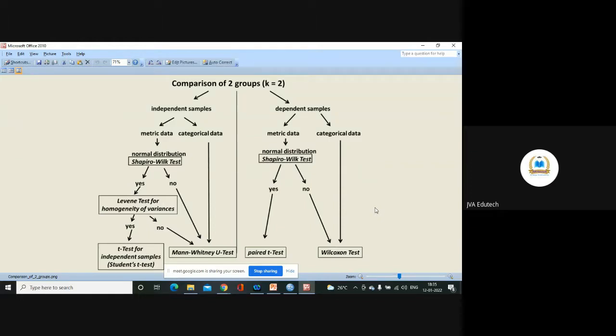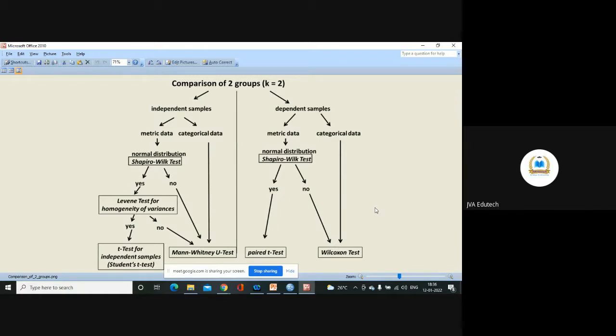Here two samples means your independent variable is coming from two groups, or your independent variable is divided into two groups. These groups might come from the same population or from two different populations.